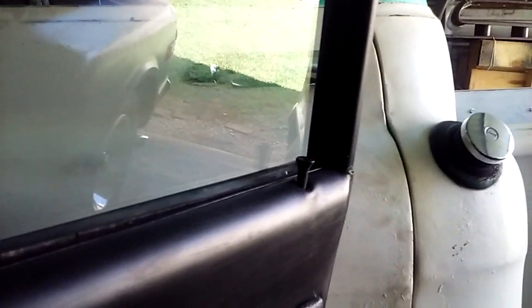Hang on a minute. Okay, sorry about that. That lock on the door is a little hard to get to move, to open it. So I had to use both hands. I didn't want to leave you looking at the seat cover. Okay, so